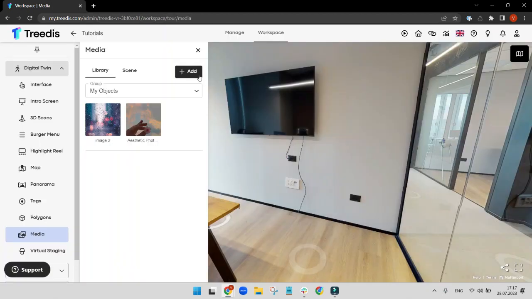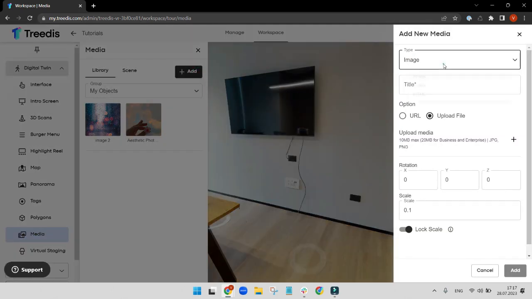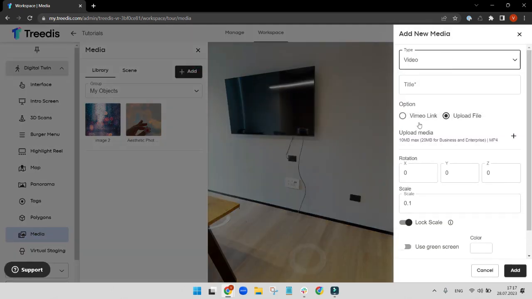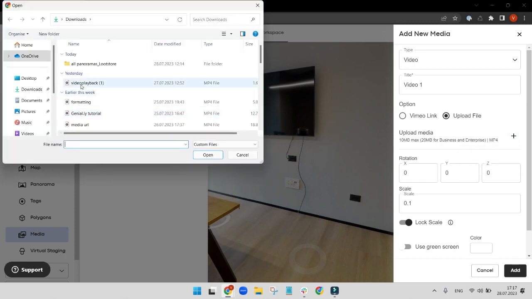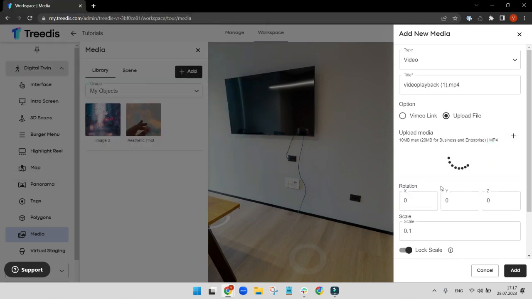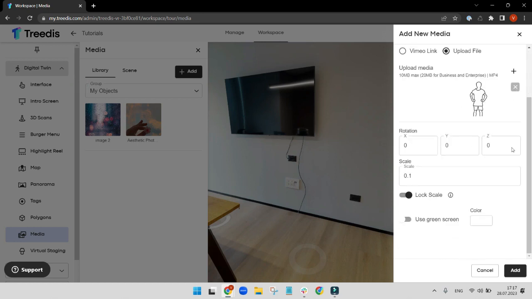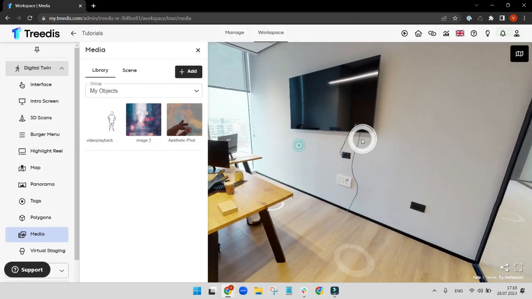To do that, go to Add and choose Media Type, Video. You can add it as a Vimeo link or upload your own file. Please note that Vimeo integration is available only for the business plan users. Provide a title to your video and upload your video. You can also make some adjustments to the sizing and rotation of the video. As the video has appeared in here, click on it